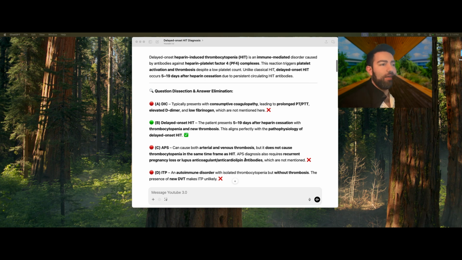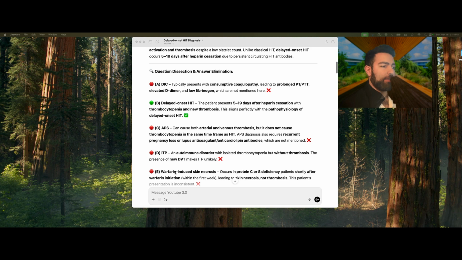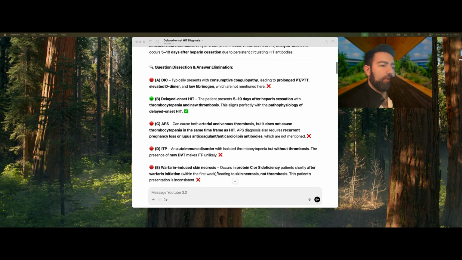So as you can see, there are many ways boards can make new questions. Every answer option could be a board question on its own, and you really can generate more questions to solidify this topic in your brain. The last one was warfarin-induced skin necrosis. Remember, this one is related to protein C deficiency. Patients shortly after warfarin initiation will develop this skin necrosis, which is horrific,